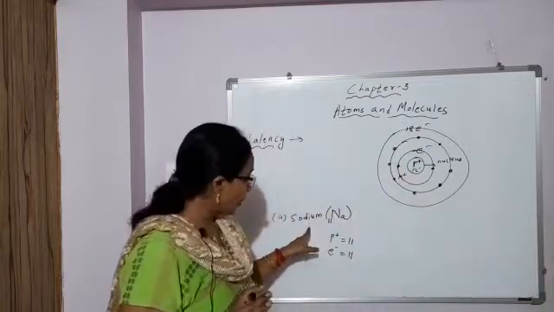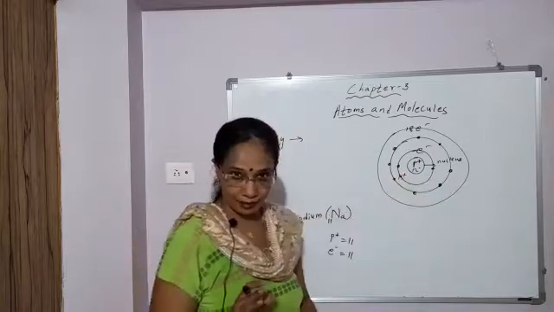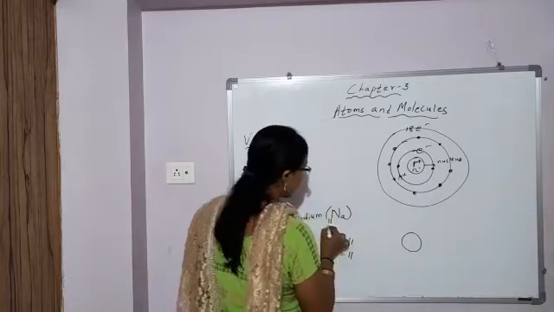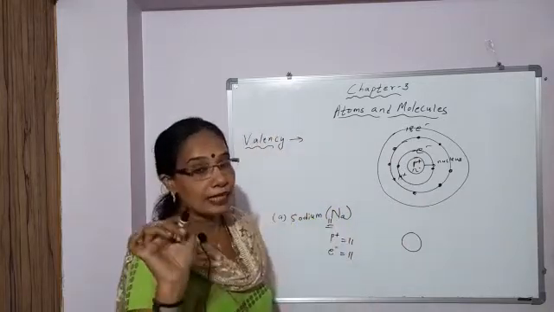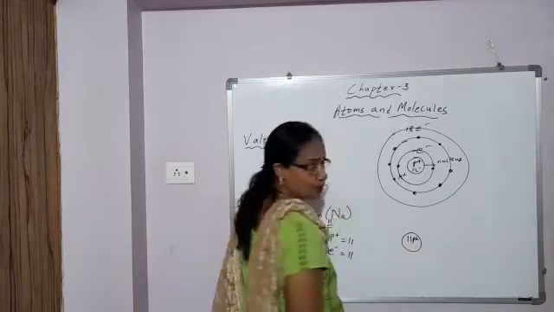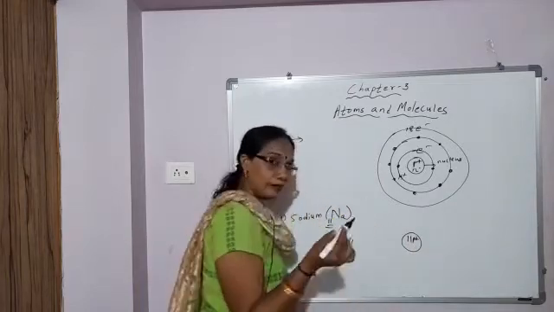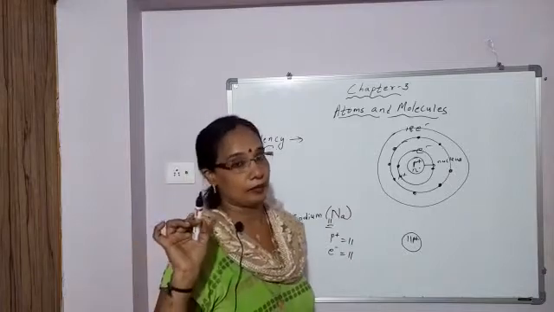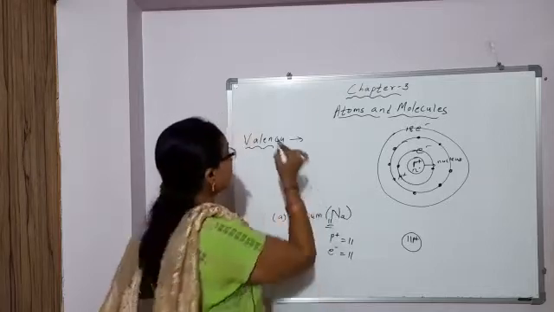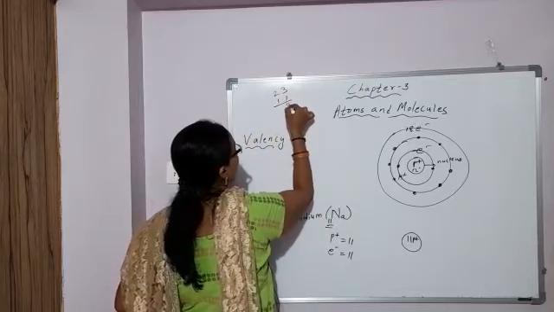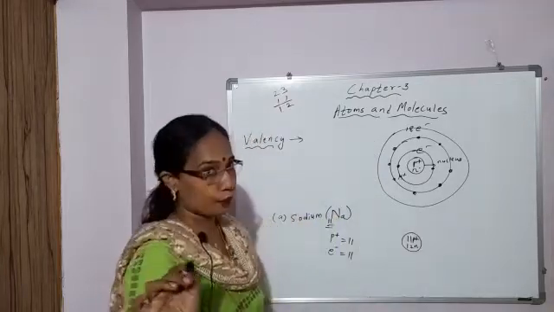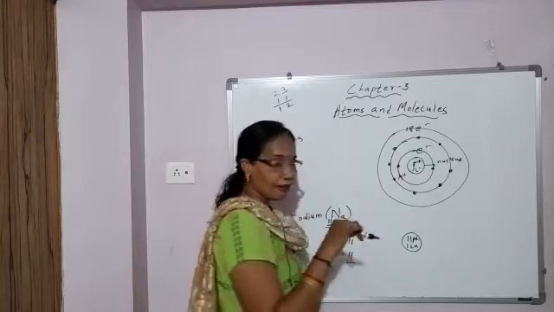So if I make the structure of sodium here, this is nucleus. That is atomic number 11 and atomic number is equal to number of protons. So how many protons in the nucleus? 11 protons. And neutrons how many? That is mass number minus atomic number. And mass number of sodium is 23. 23 minus 11, how much? 12. So how many neutrons? 12. And neutron has no charge. Then how many electrons? 11.